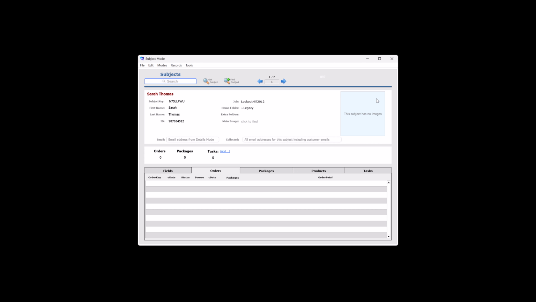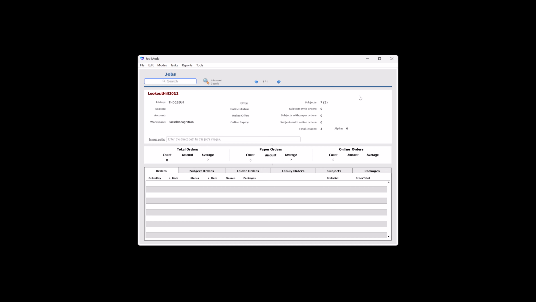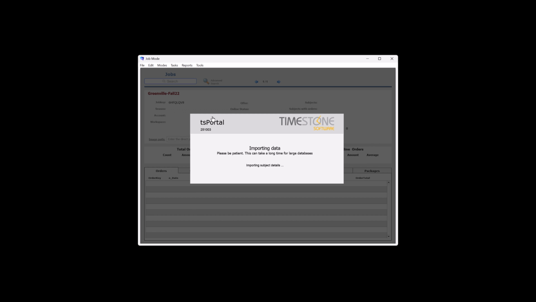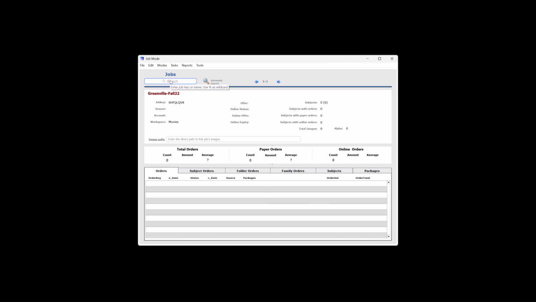And that concept is the same elsewhere in jobs mode. The quick search window will search the job for a job key for whatever you enter, and it will search for a job name. So if I put in Greenville here, see, it won't find it in the currently loaded data because the only job in there is Lookout Hill, but it went off and did the database search by default, because in my preferences I said search the database by default, and I choose the job I want. So in jobs mode, the quick search in the top left searches key and job name,